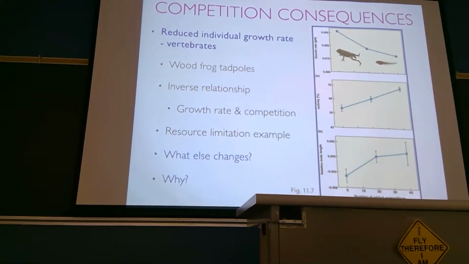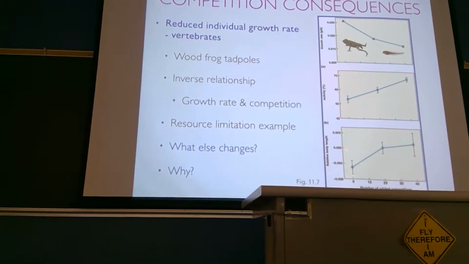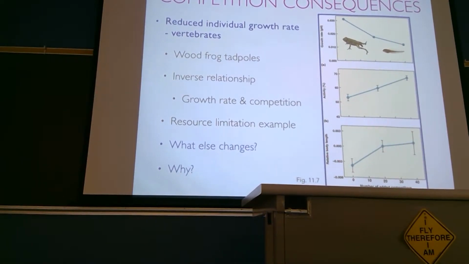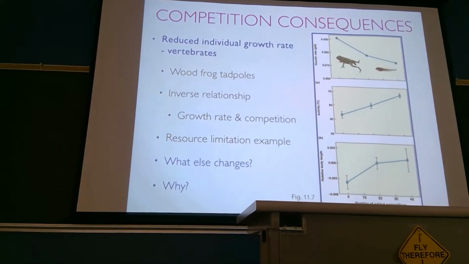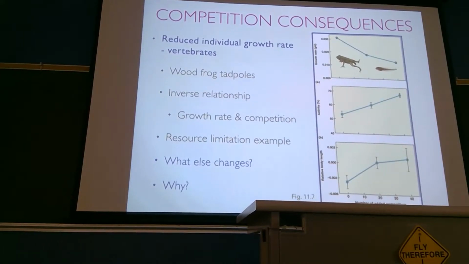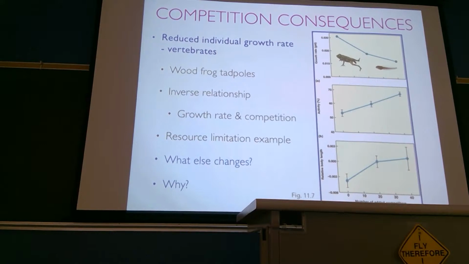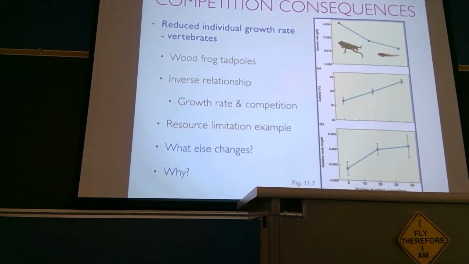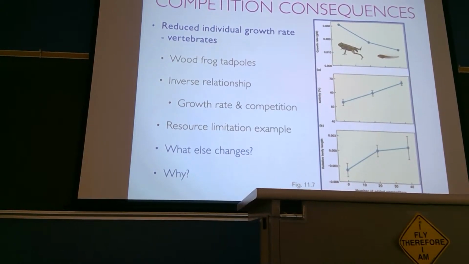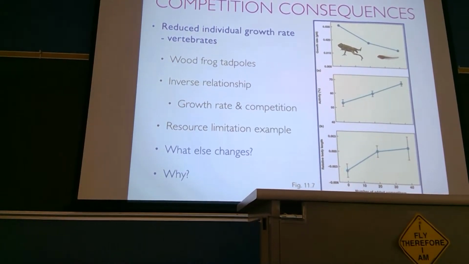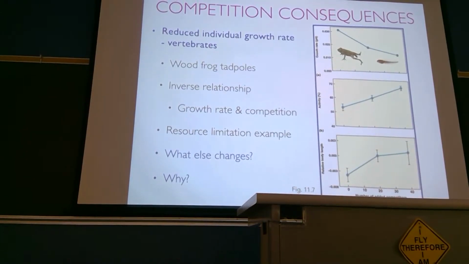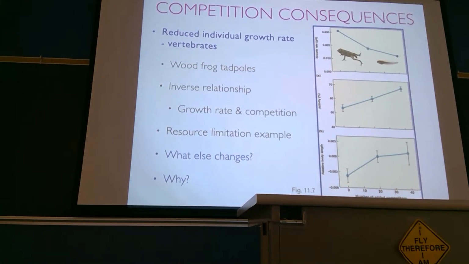Okay. We have two other graphs here that show us the percent of time they spent being active and their relative body length. How did those two things change with competition? They had to be way more active to be able to get food. Exactly. With more competitors, you have to spend more time looking for and getting access to resources. So it ends up affecting your energy use and your overall metabolism.